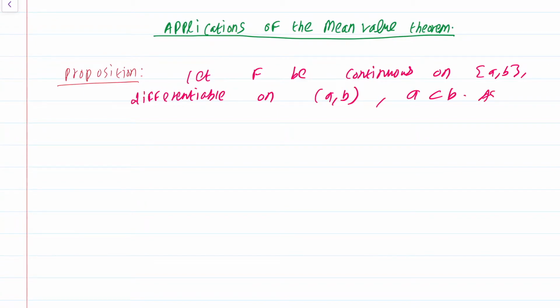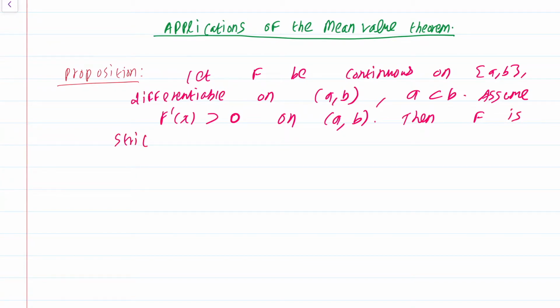Assume the derivative is greater than 0 on (a, b). Then f is strictly increasing